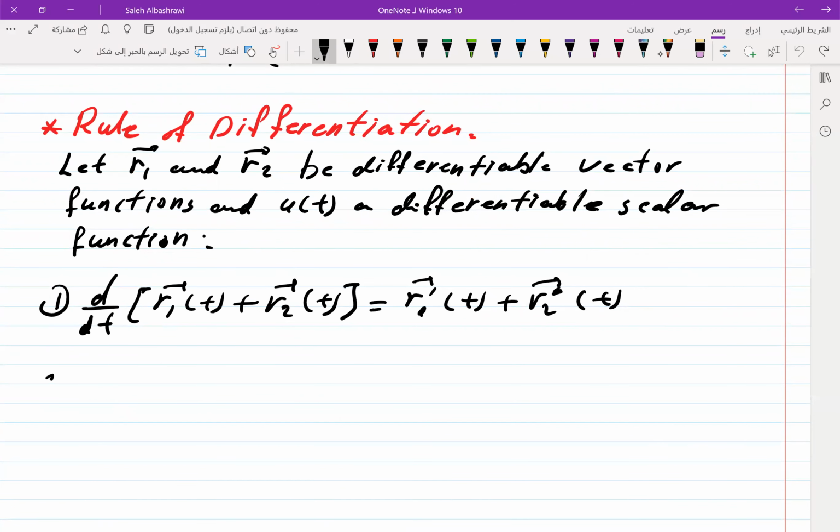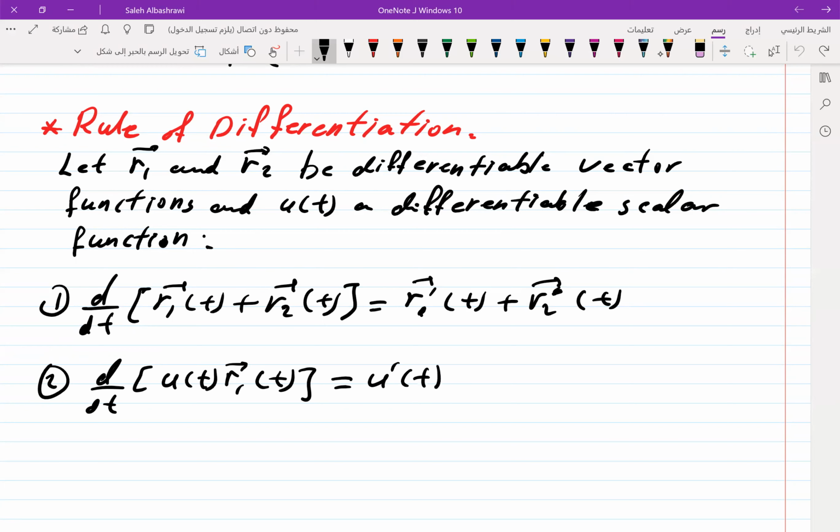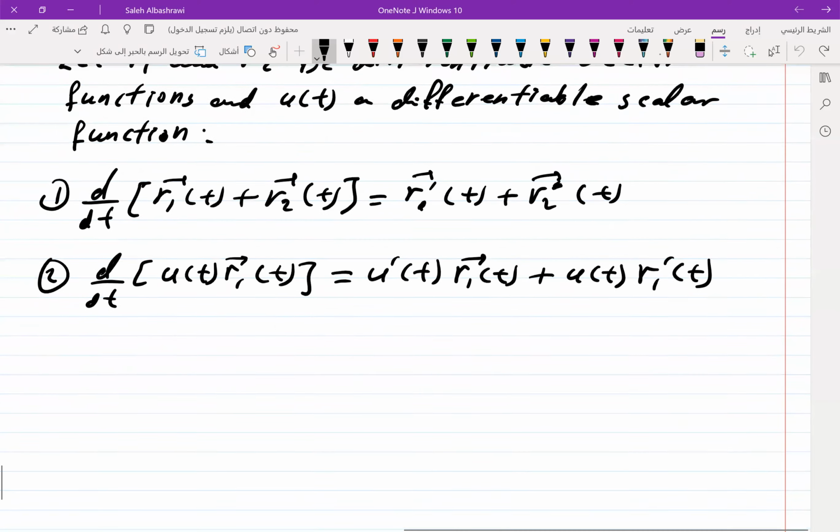Number two, derivative of the scalar function u of t times r1 is equal to the derivative of the scalar function. This is the product rule, but we apply it for the vector multiplied by scalar valued function, plus number three,